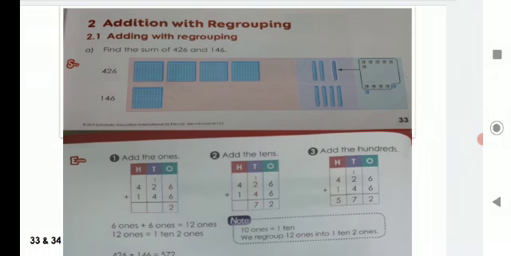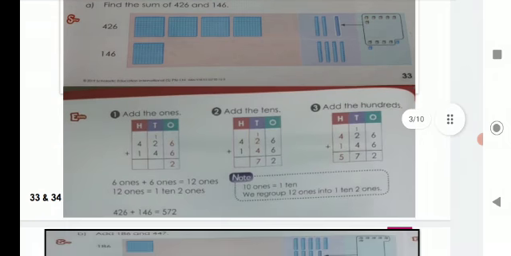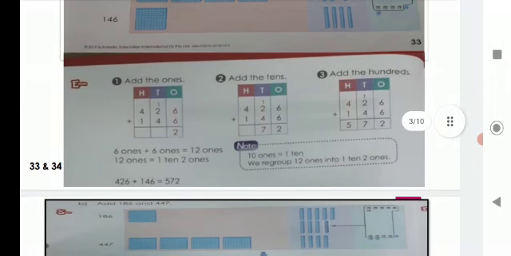So when I add 426 and 146, 6 plus 6 is what? 12. So I cannot write 12 directly in the answer. I will write only the ones place digit. The ones place digit is 2, right? So I'll write 2 in the answer, and 1 I'll carry over to the next higher place, that is